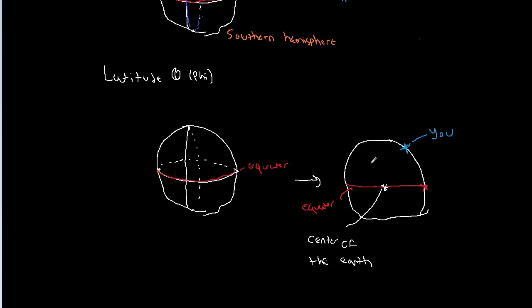What latitude is measuring is this angle, which I'm going to draw in yellow, from the center of the Earth relative to the equator to you. Right? This angle right here is phi, or